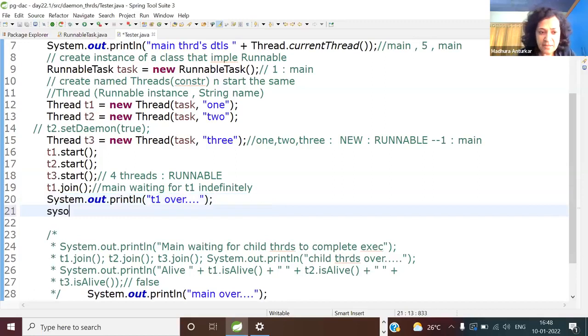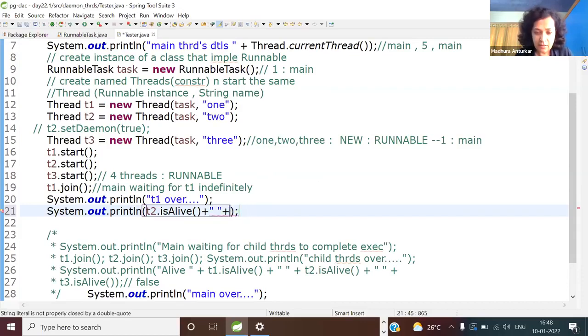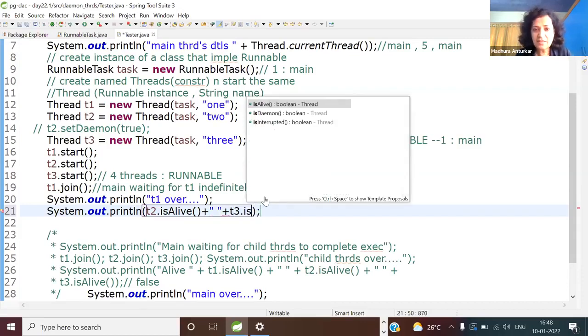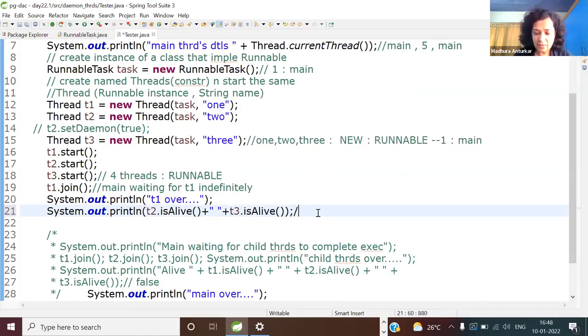Now, if I ask you to print T2 dot is alive and T3 dot is alive, guess the output. It's going to be true or false, right? So anyone wants to tell me?